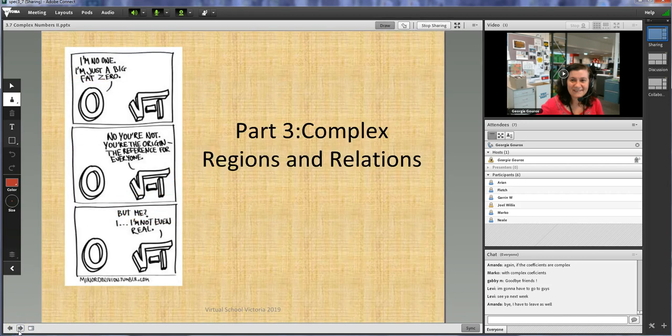Okay, and finally, regions of the complex plane. Okay, this is going to go a bit longer than I anticipated. Alright,